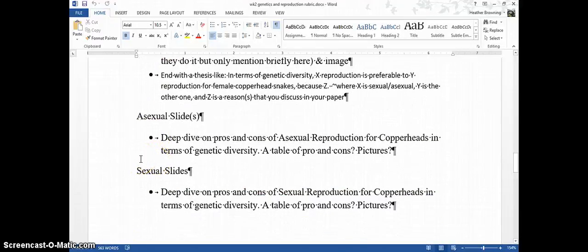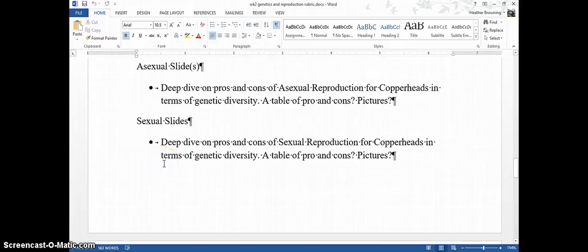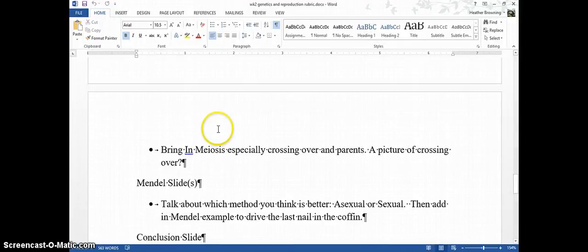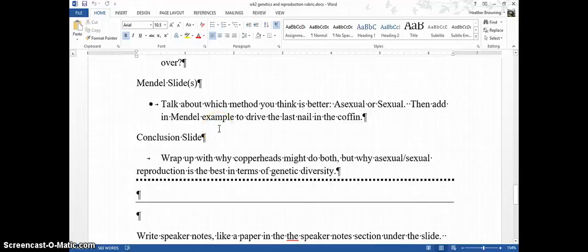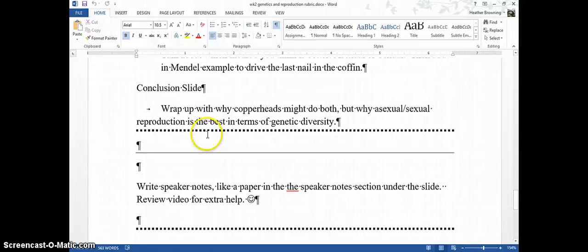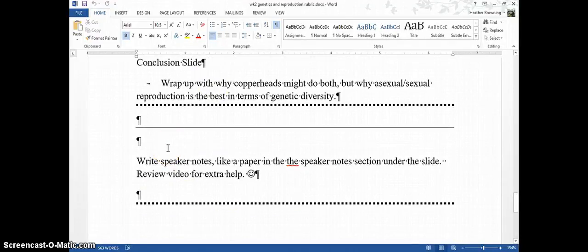For the asexuality slide or slides, I might do a slide for the pro, a slide for the con, and talk about those. And for the sexuality, I'll probably do a pro and con slide, and then do one or two just for the meiosis, because I might do one on crossing over and one on the parents. I would very much make sure I cover crossing over and the parents. And then for Mendel, I would talk about which one's better, and then bring in Mendel, what's his law, how does that work, and then I would have a conclusion slide to say once again which one's better in terms of genetic diversity. And here's a note just to remember, you need to have those speaker notes under